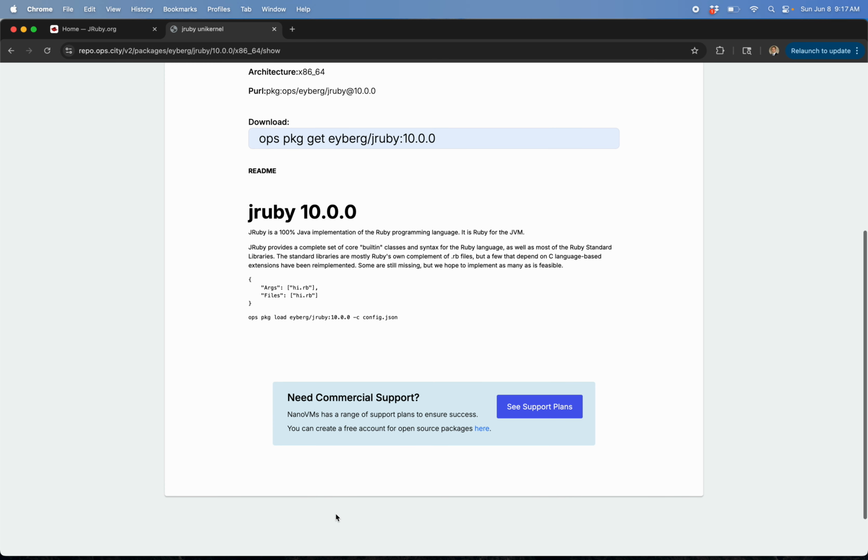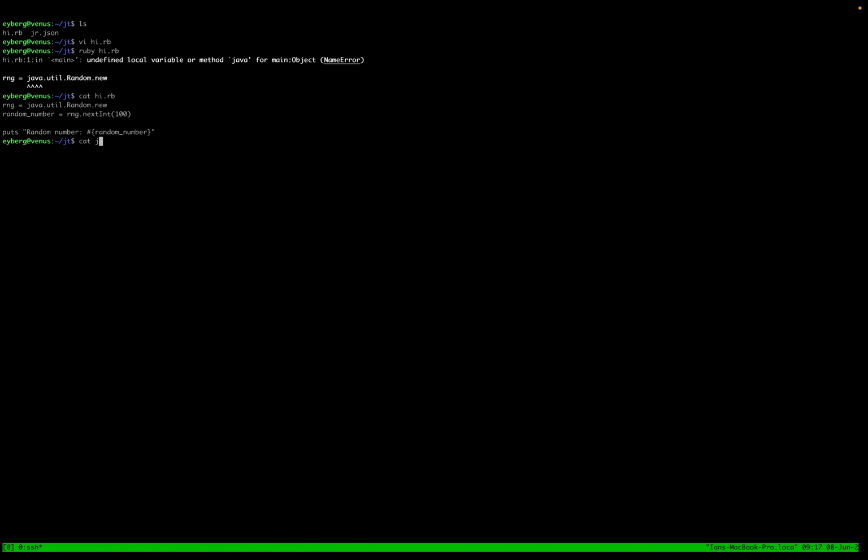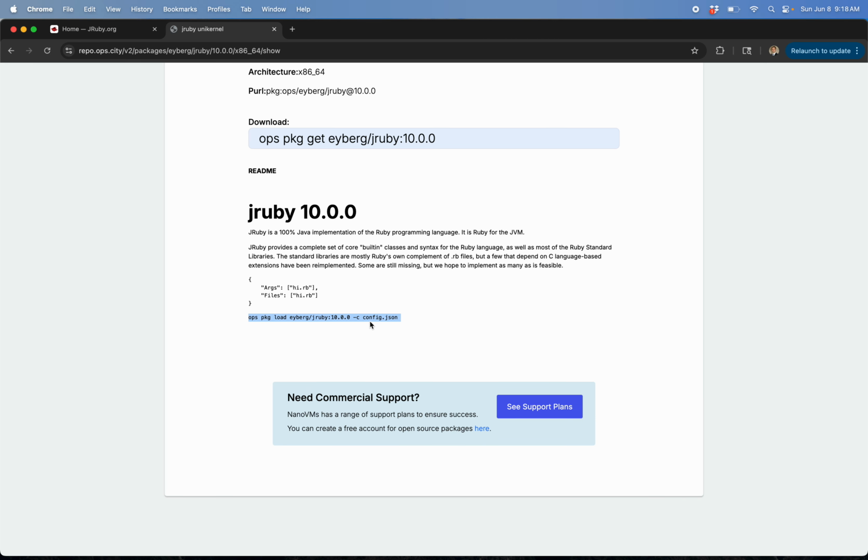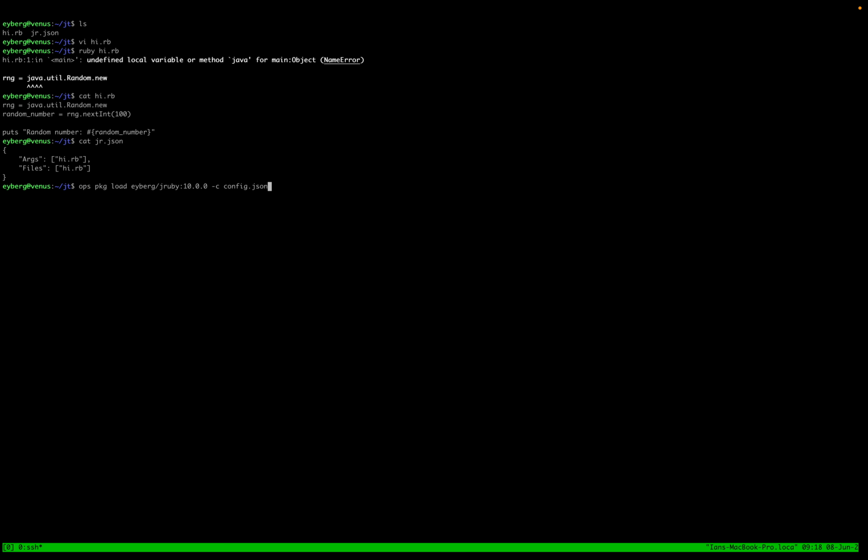So let me just grab my little example here, and then my config. Basically I'm just saying, hey, execute this hi.rb script, and I'm also adding that to the disk image as well. Did this not copy? Let's try that again. All right, JRuby JSON. And so what this is actually doing is booting up the JVM,